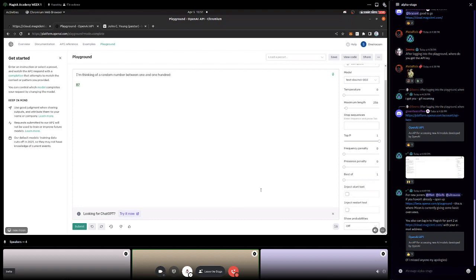However, if you did want more control over the weighting of the options, which might give a very deterministic output, you might lower this. Again, if you want a more creative output, you would probably increase it. So generally, when you're starting out, a good way to think about it is creativity is highly tied to temperature and top P. Temperature is how likely it is to randomly select one of the options.